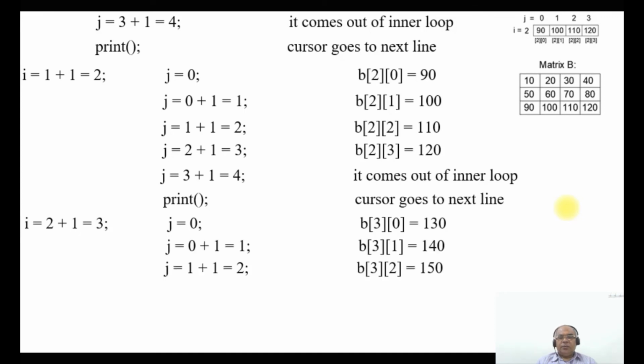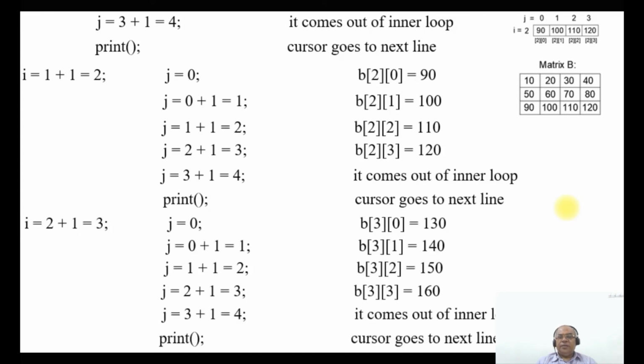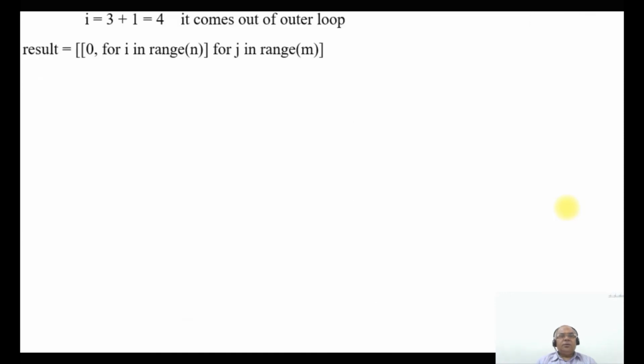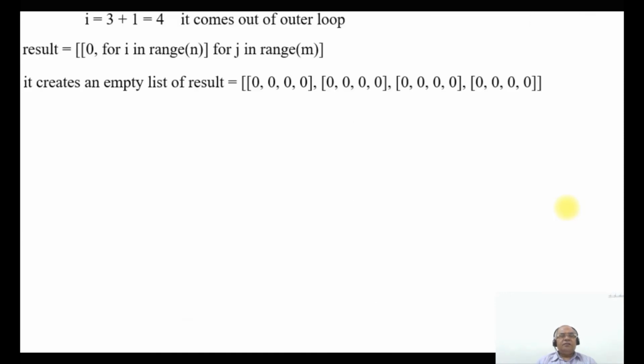So then 130, 140, 150, 160. So this is the matrix P. Now it comes out of the outer loop. Then result matrix. So once you enter in the range n, again you can see in the list comprehension method,